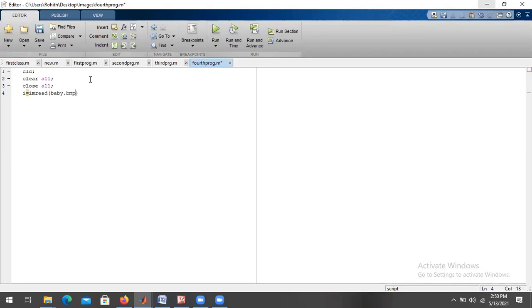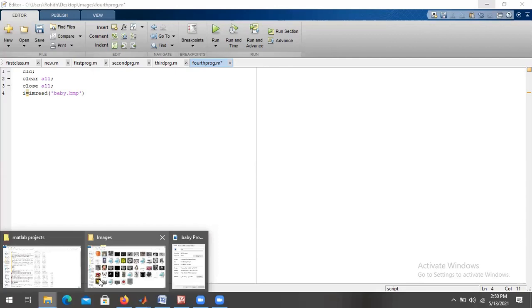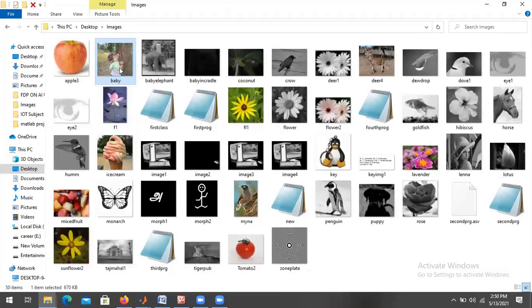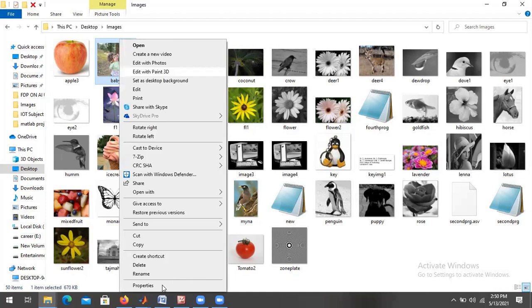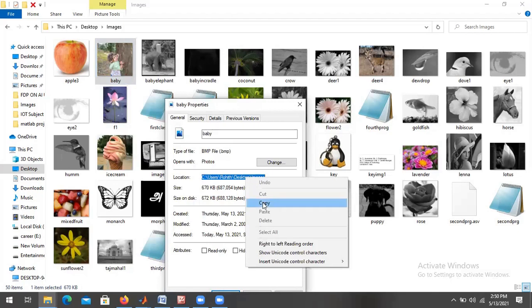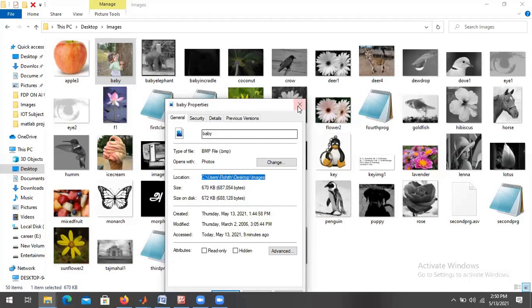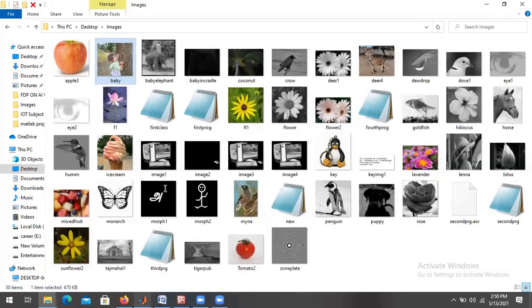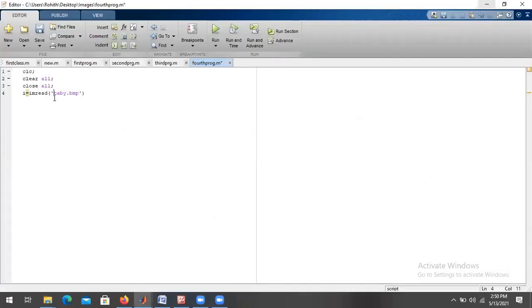So we can write it like this in the quotations, but not every time. I'm saving the total files in the same folder. That is the reason I'm directly writing the file name. But usually, if you are trying to take that image from a different path, then you have to take the total image path, everything, where it has been saved. So you have to go to the properties and copy this location, and then you have to write it in the path like this.